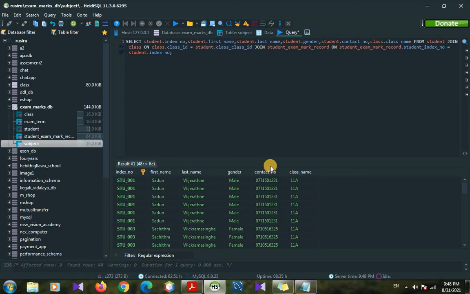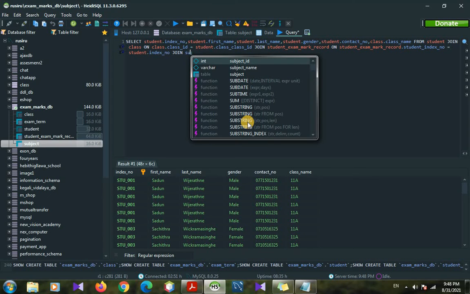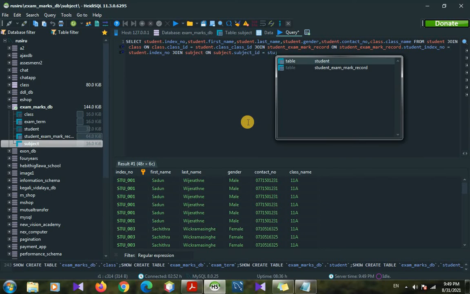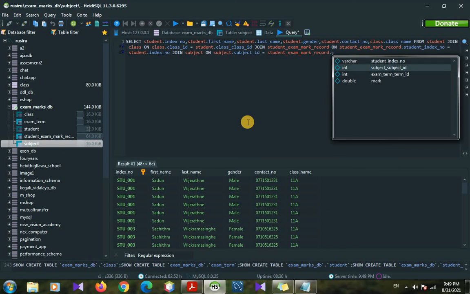So next we can join the subject table also here. Now we can put another join. First we have to give the table that we should join. So here we can give subject table. We should join on subject table dot subject ID equals student exam mark record table dot subject ID.